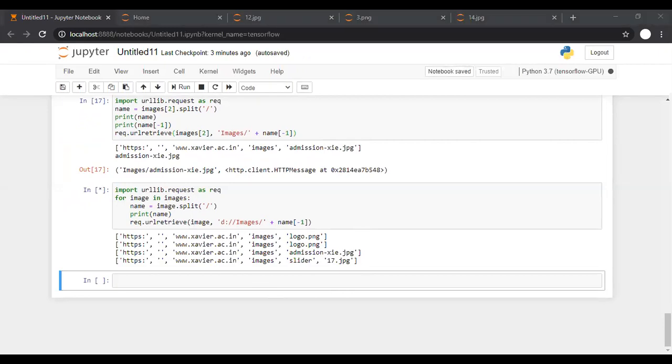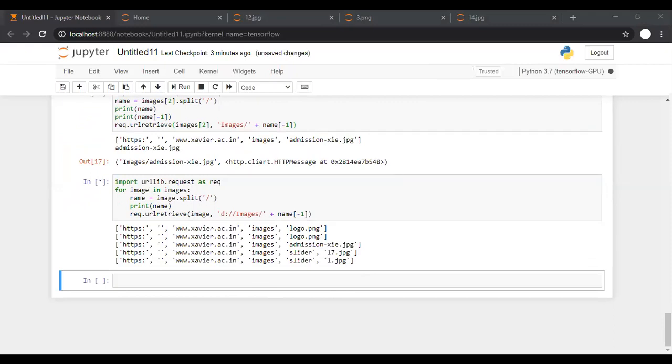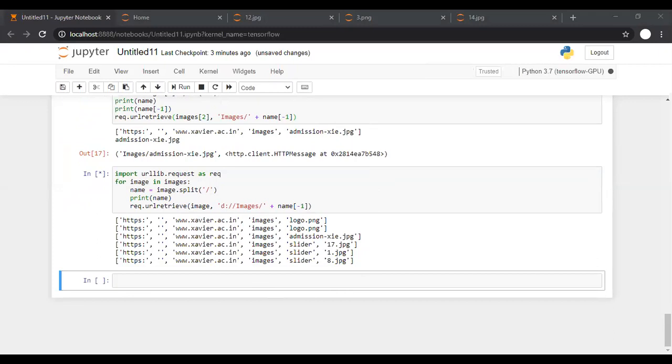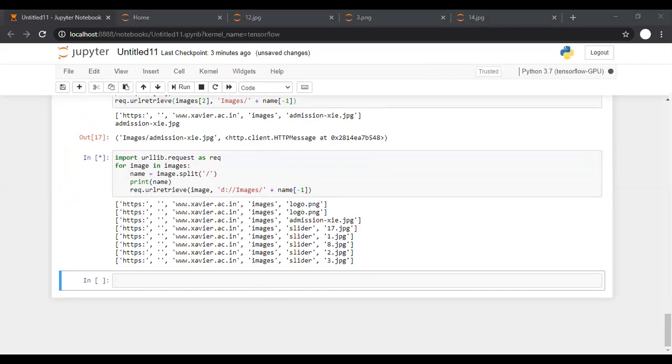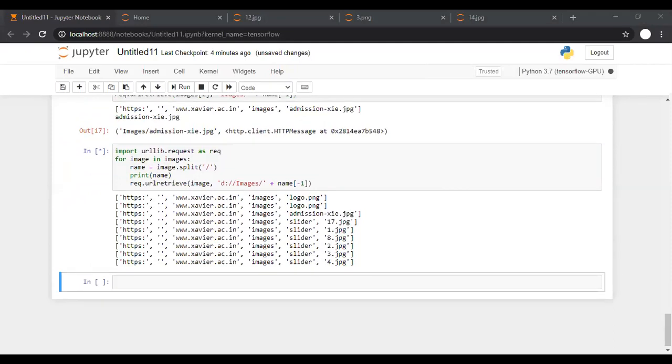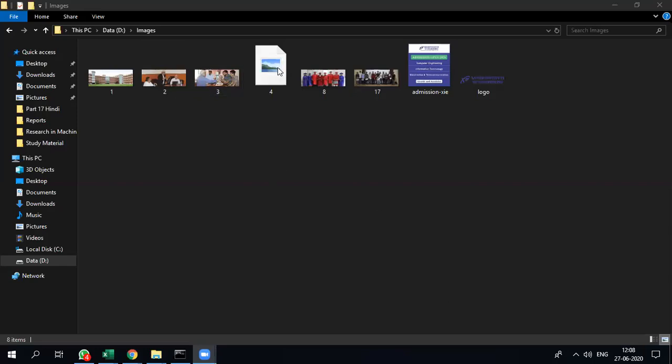And let me share this screen also. So can you see this folder?